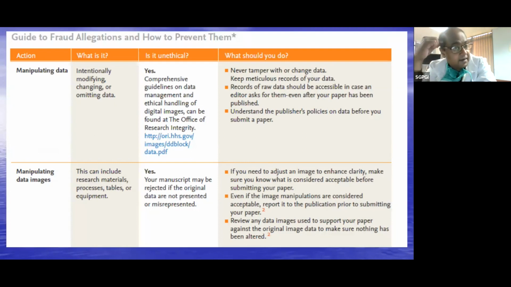To some extent, it is allowed to alter the data from the original data, but you have to disclose it in your publication, or you have to follow the journal guideline on to what extent you can change the image quality of your experiments or other plots and other things. And definitely fabrication is not allowed. Manipulation is allowed only if you follow the journal guideline and it's not considered extreme manipulation, so that the original data itself cannot be matched with your changed data. So like brightness, contrast, and things, you have to follow the journal guideline on to what extent they allow that.